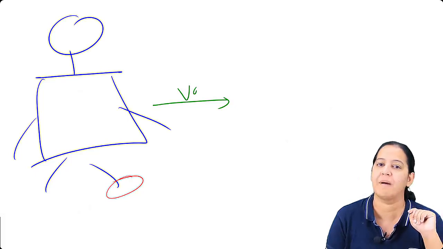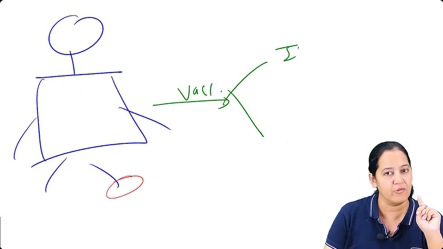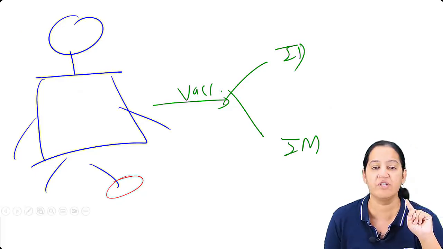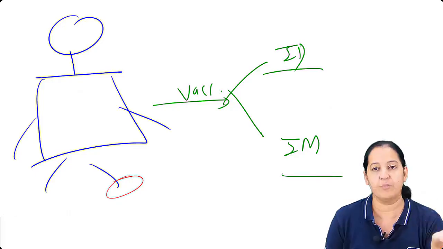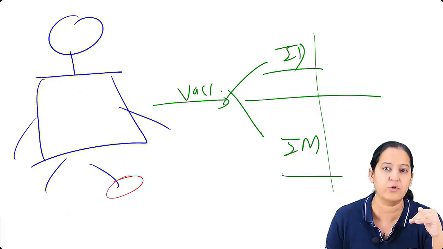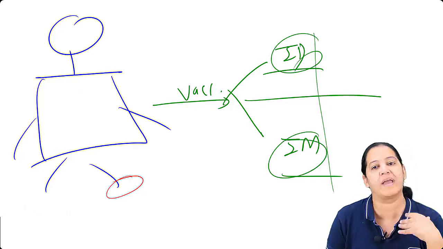So I will explain to the man, okay, the vaccines are available. Then I will ask the man, two protocols are available: intradermal and intramuscular. Which one would you like to opt for? So the man will ask, ma'am, what is the difference between the two? Can you please explain the pros and cons and the differences between the two, the scheduling of the two, and the costing of the two, so I can opt for one.